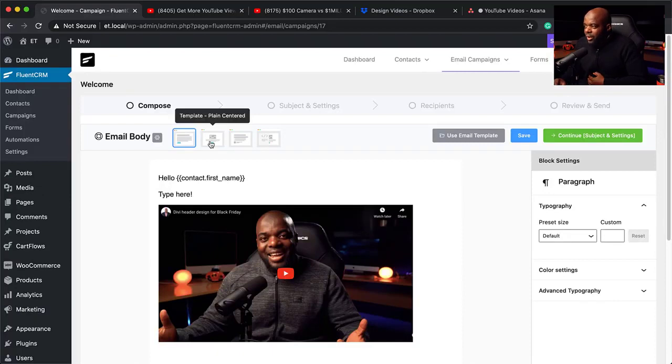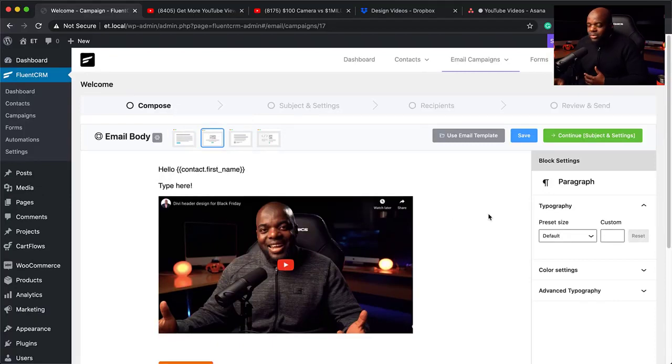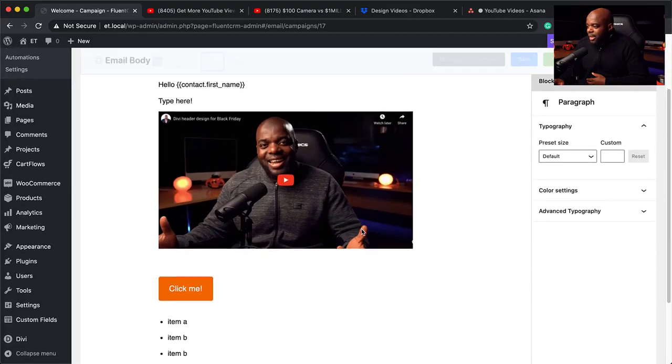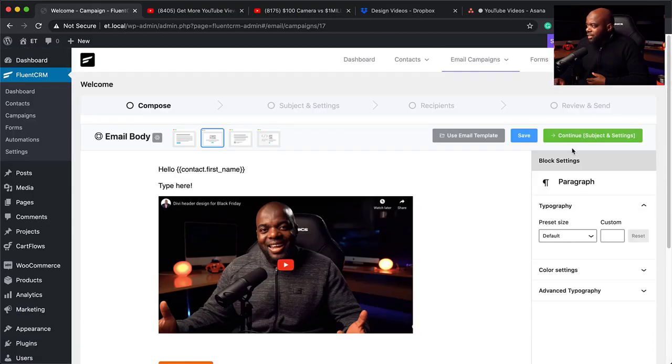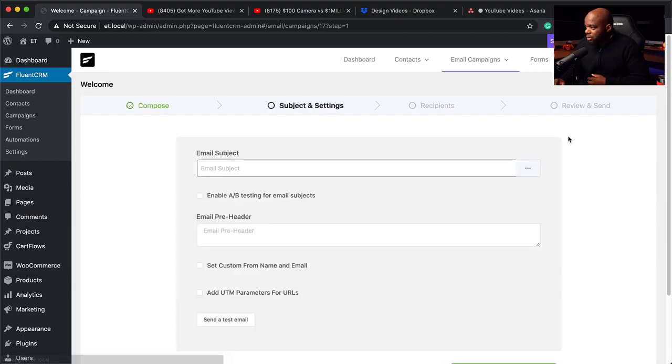So over here, we also have plain centered, so you won't have the bounding boxes on the side. You can also have raw HTML, or you can do this from a template. So as you can see, this is very easy to create. And then once you're happy with the contents of your email, you can click here on continue and then add